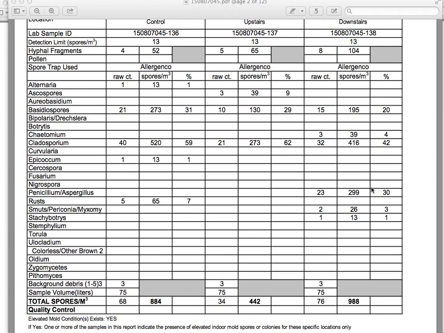Now we do have some Penicillium aspergillus. This is acceptable at low levels. This middle number, the spores per cubic meter, is what we measure. What it calls a quote unquote failed test, or if somebody has a problem, is this number right here in the middle: anything over 1,000 spores per cubic meter. Anything over 1,000 spores per cubic meter for Penicillium aspergillus is going to change this to elevated mold